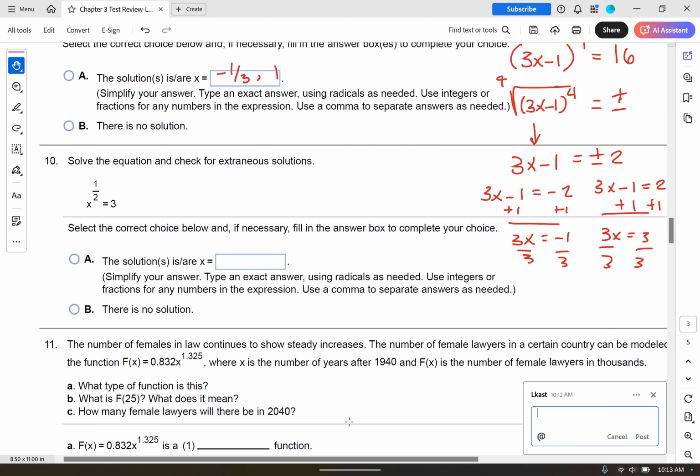So this one would be a good one to put in your calculator too. How in the world do we solve this? Well, there's a couple of different things we can do here algebraically. I have x to the 1/2 is equal to 3. So to clear that exponent, I want to raise the left-hand side to some number so that when you raise it to that power, you multiply the exponents and it cancels the 1/2. That's a long-winded explanation to say, if I raise x to the 1/2 to the second power,